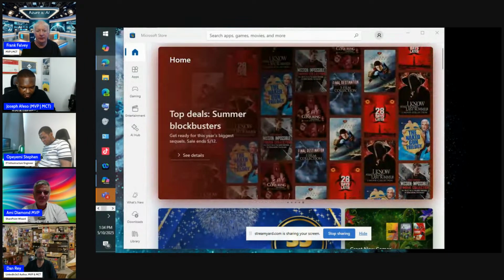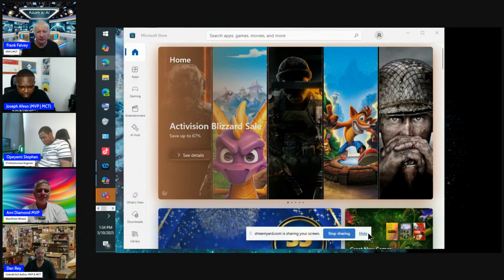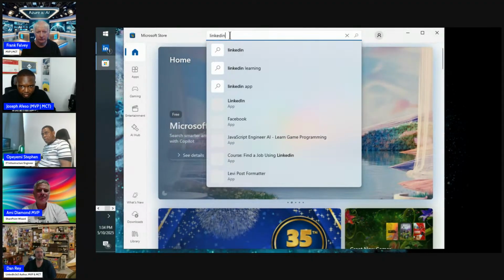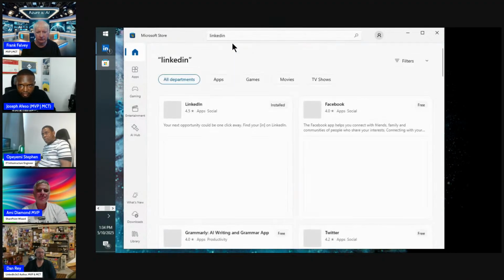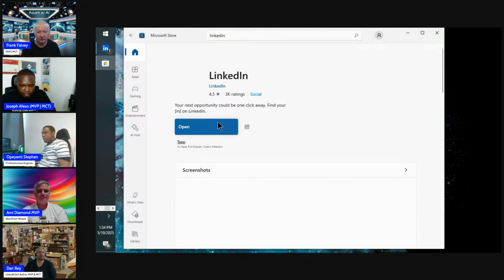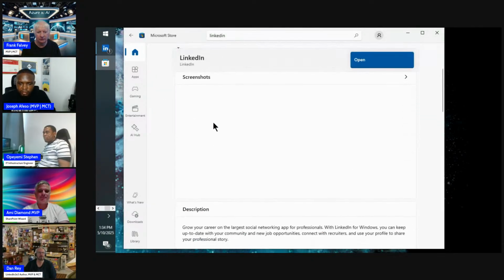So one thing I noticed, I think they were advertising this pretty heavily when they introduced it, was that the Microsoft Store for apps had a LinkedIn app. So instead of accessing your LinkedIn from a web page, you can actually open an app that you can install. What I found with this app after some troubleshooting,